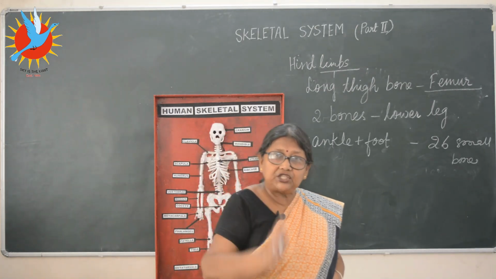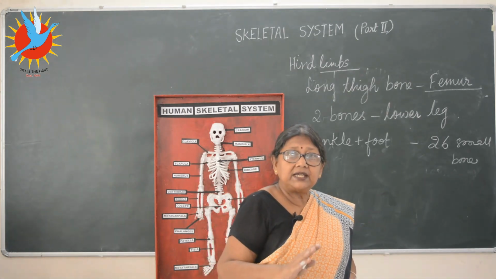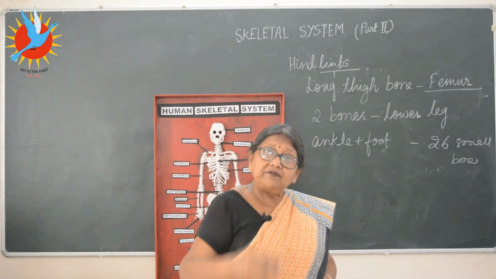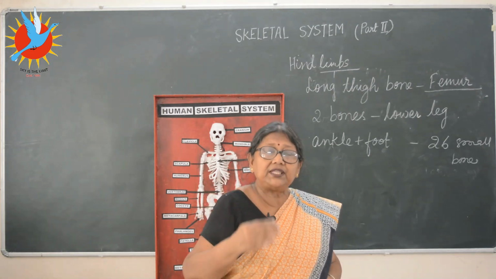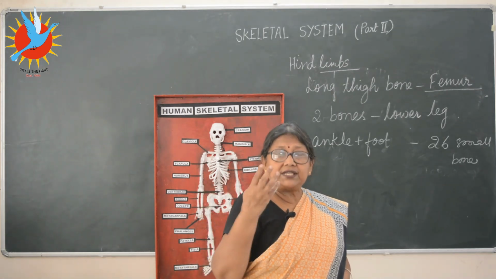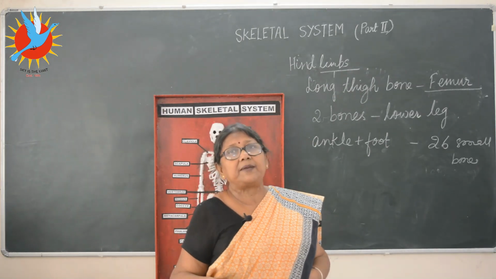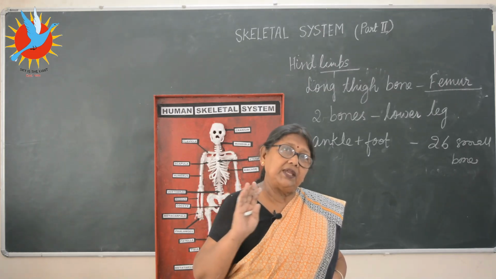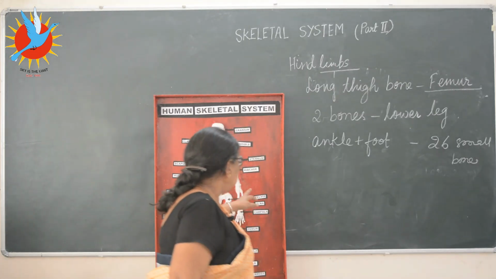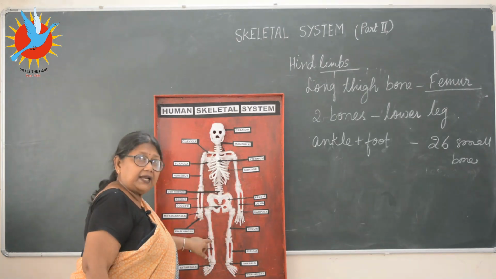Bones are rigid, you have already learned in the first part. Bones are hard, and they are living. They have blood vessels in them, which we don't see, but they have a blood supply, and because the cells are living, obviously they breathe, they need oxygen and other important substances, and they have nerves also. Clear? So this is your two limbs, the forelimbs and the hind limbs.